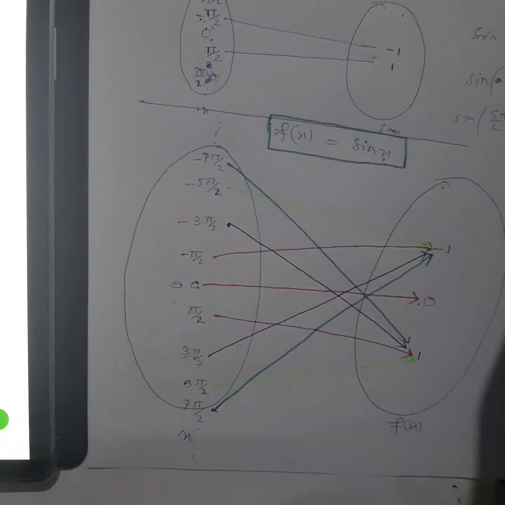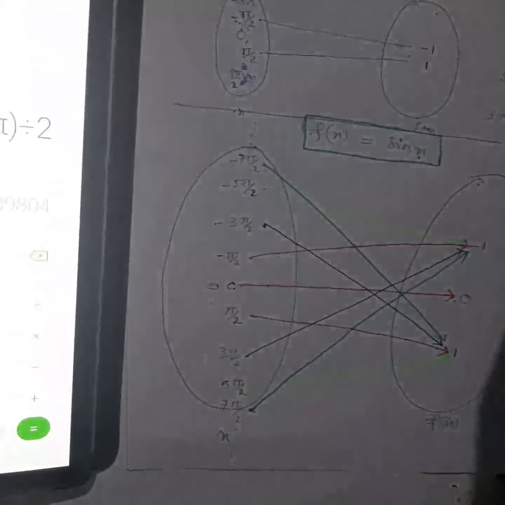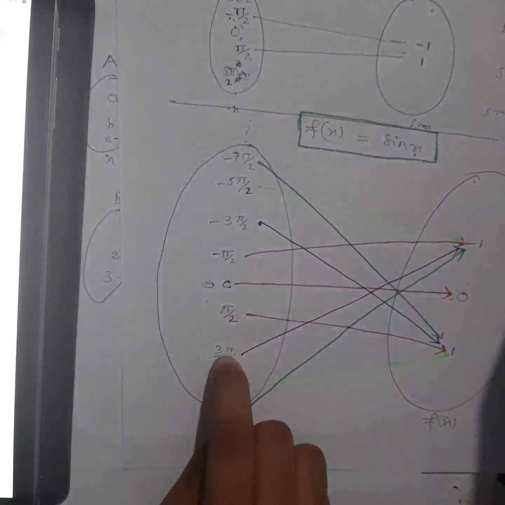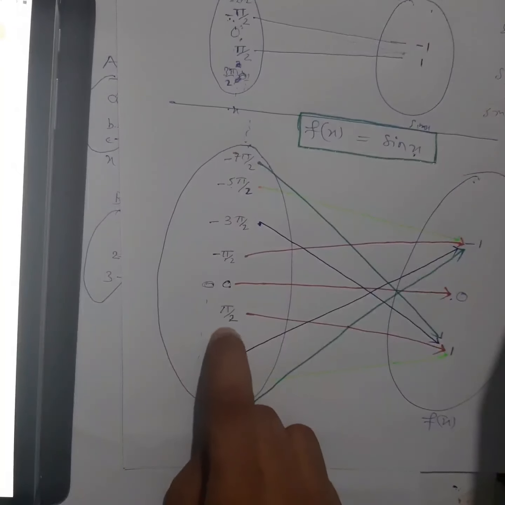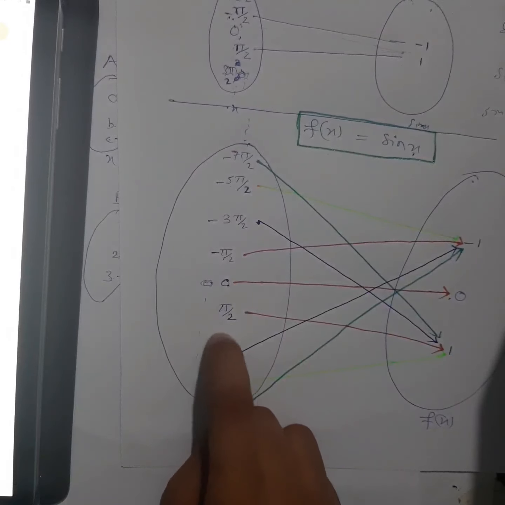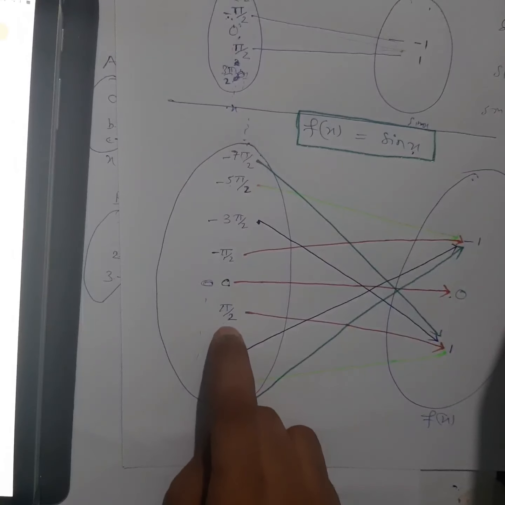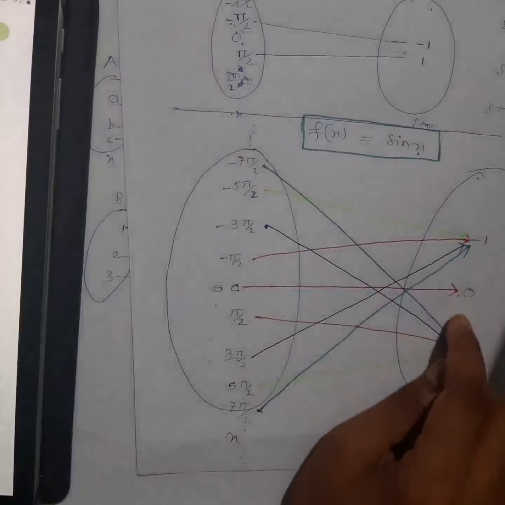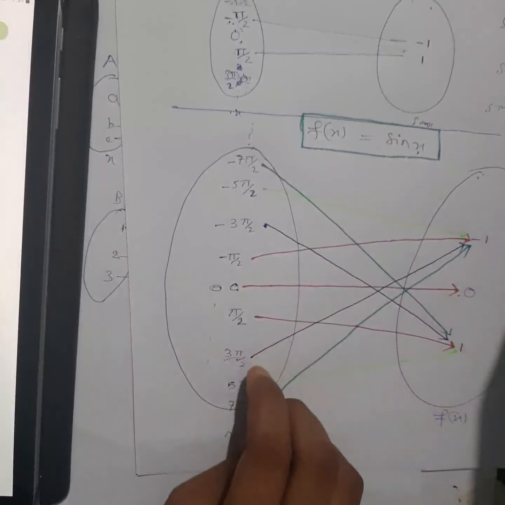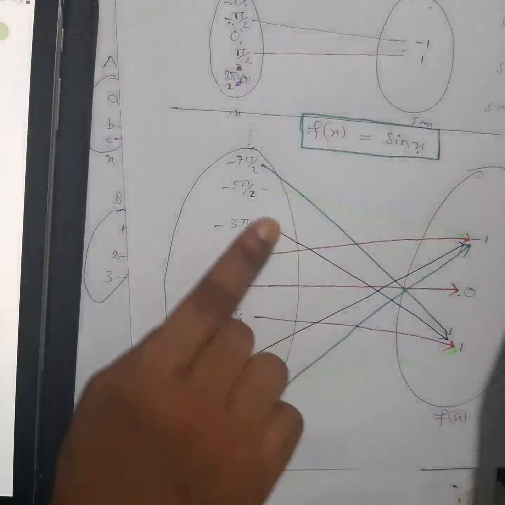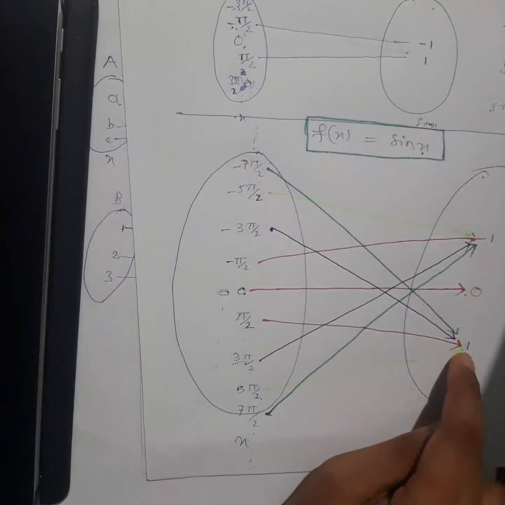So 4.71 you will get. 4.71 is a real number only, right? So if you take between pi by 2 and this one, what value will be there? This is 1.57 and this is 4.71, so it will be something between this. If you find the number, it will be 3 point something, so all those real numbers will come out. Those values, if you want to find the image, it will always be between -1 and 1. Is this clear? So all those numbers I can find the image of. In this way, if you keep on finding the image, you will always get -1 to 1.